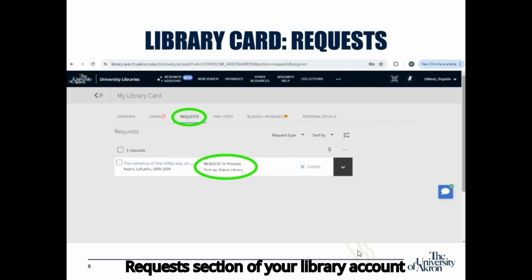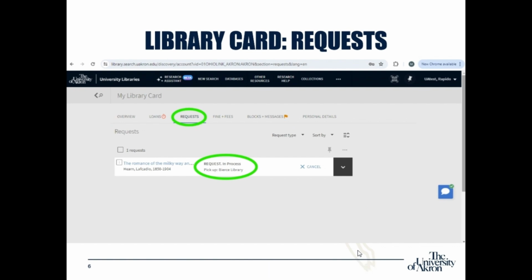The requests section of your library account provides details for any requests or holds you have placed on University of Akron local books, OhioLink books, or interlibrary loan books and articles. You can see the title, author, and request status for each item. Clicking on the blue arrow will open a larger detail section with more information for each of your requested items. Article requests are delivered in digital format and will be linked to the appropriate item and accessible from this page.